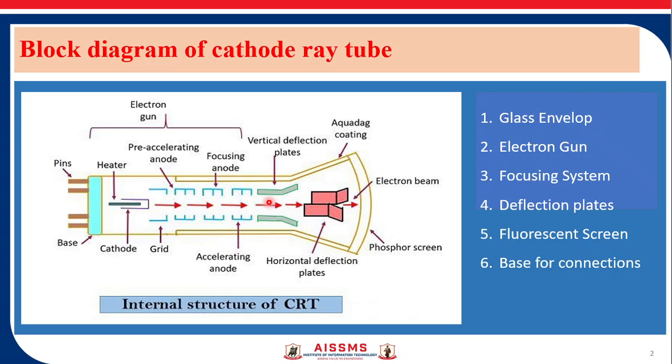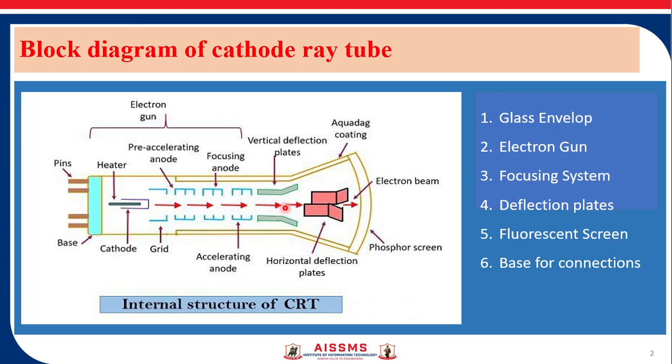So the deflection plates, there are two deflection plates. One is vertical deflection plates and the other is horizontal deflection plates. So when the electron beam departs from the electron gun, it drifts through a pair of deflection plates. One pair of plates is mounted in the horizontal direction and produces an electric field in the vertical plane. Thus it generates vertical deflection and is termed as vertical deflection plates or Y plates. Input voltage, which is under measurement, is applied to these plates.